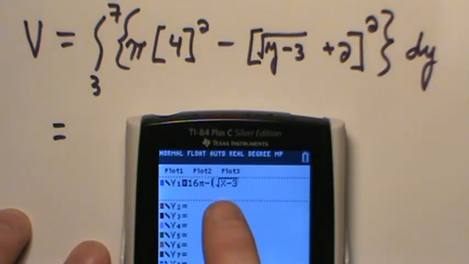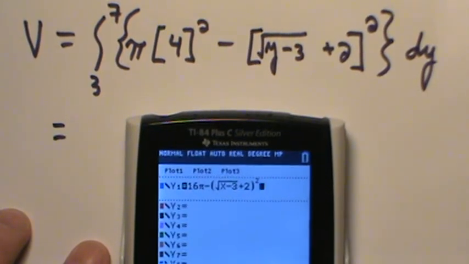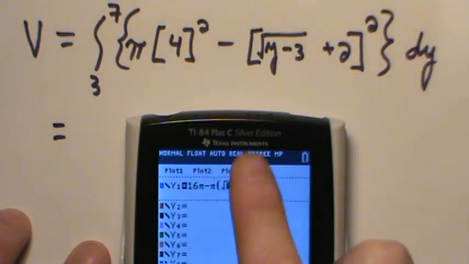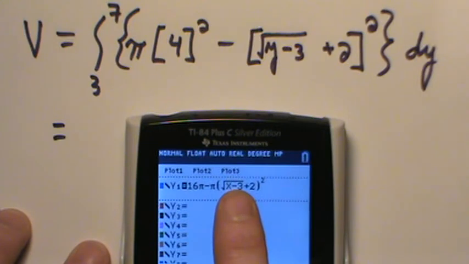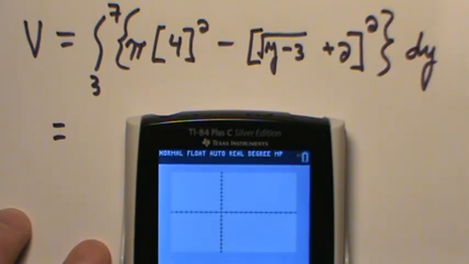So it's radical x minus 3 plus 2. Close it, square it. Oh, I forgot to put my pi on there. Second, insert pi. So I've got my pi on both pieces there. And so the radical y minus 3 is written as radical x minus 3 plus 2 quantity squared. Then I can go to my calculus option there,